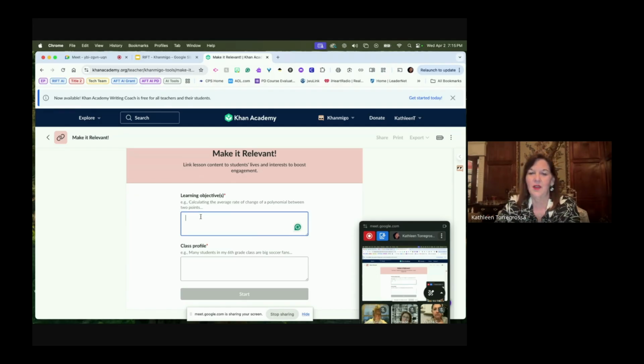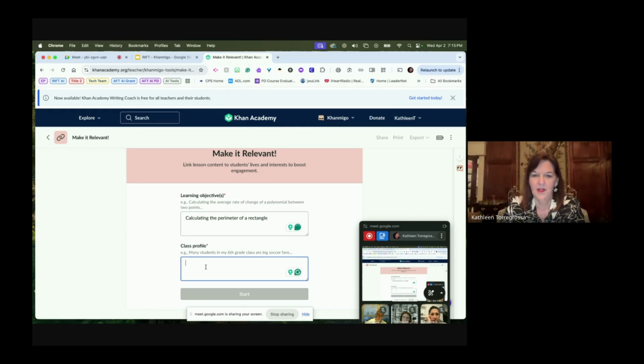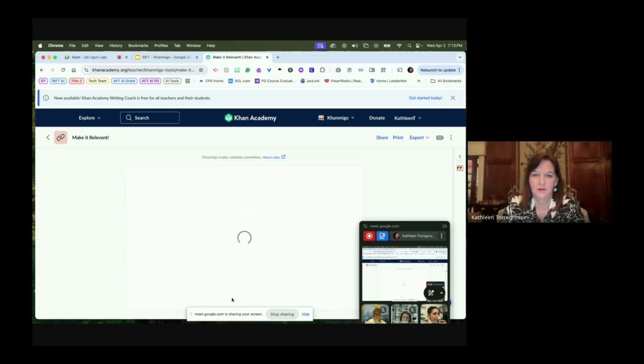So I'm going to say calculating the perimeter of a rectangle. Class profile: I have 4th graders. Start.